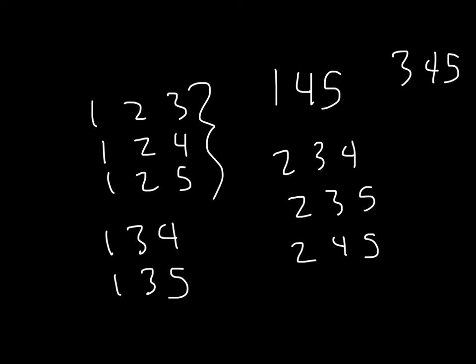I wouldn't have any teams that start with 4 or start with 5 because they're already spoken for here and here and here and here and here. Because again, order doesn't matter. It's just who's on the team, not what order they're on the team. And so again, to sum up, if I want to figure out how many different ways I can pick a team, say from 1, 2, 3, 4, and 5, and again, this is only Super Duper Level 4,